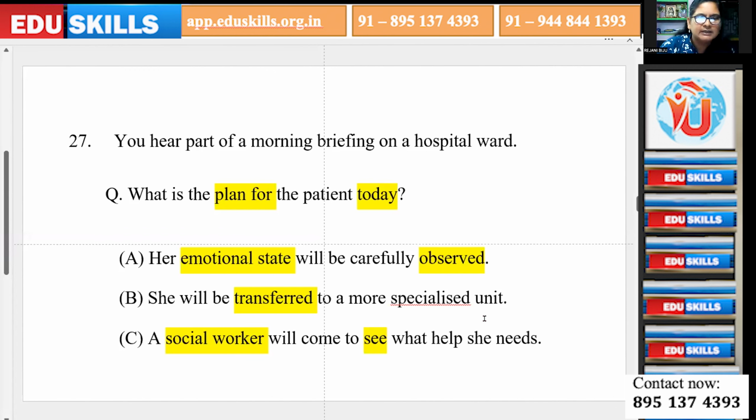So while listening, again, no need to look at the options or questions and all these. That's why these keywords we have to highlight and keep in mind. And we have to just close your eyes and listen to the audio if you have problems with multitasking. From my experience, I'm telling you, when I'm reading and listening and writing, it was a problem for me. So what I'll do, I'll underline the keywords and I'll listen to the audio, maybe by closing my eyes, so that you'll be able to understand. Okay, now let's listen.